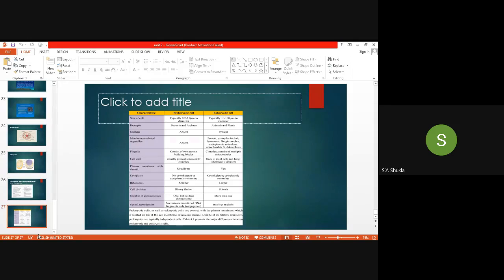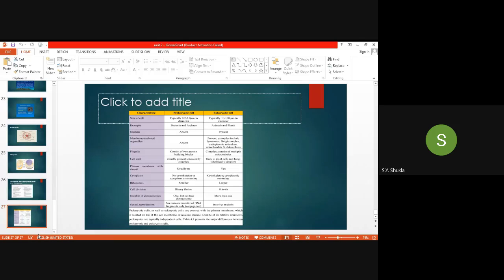In yesterday's lecture, while teaching all of you about the prokaryotic cell and the eukaryotic cell, I explained that the eukaryotic cell ranges from a smaller, micro size to larger, elephant and giraffe-like organisms, or a banyan tree, or larger trees like neem; all are coming under the eukaryotic cell. The first point, the difference between prokaryotic cell and eukaryotic cell, is the size of the cell. Okay. What is the size of the prokaryotic cell?